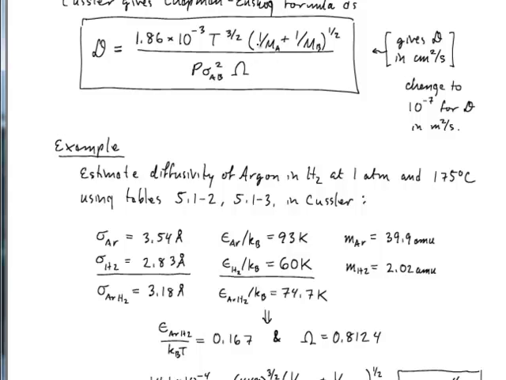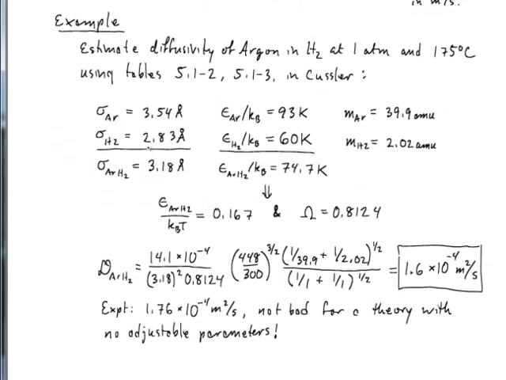You have to be careful that you use the same conventions on what units you use for the mass, what units you use for the pressure, what units you use for the diameter, right? So this is sort of the disadvantage of reporting things this way, but it's common in engineering to do so, and you have to get used to it. So you want to pay attention to this example and make sure that you know what kinds of units go in to use this formula in Kussler's book.